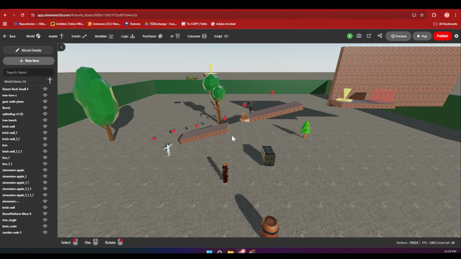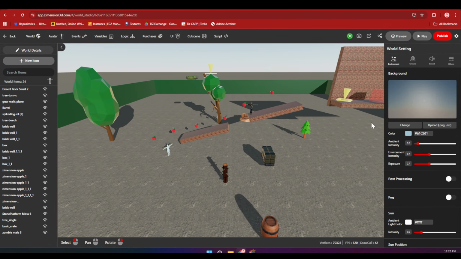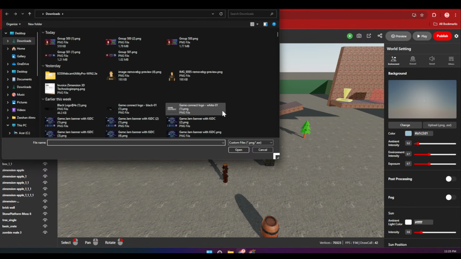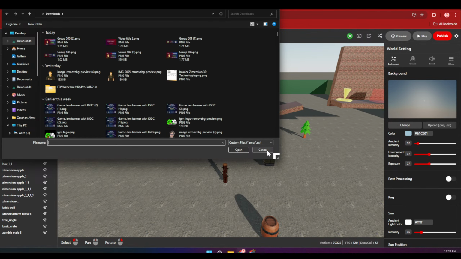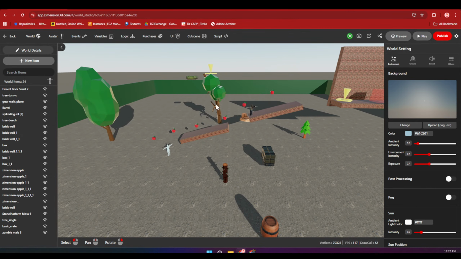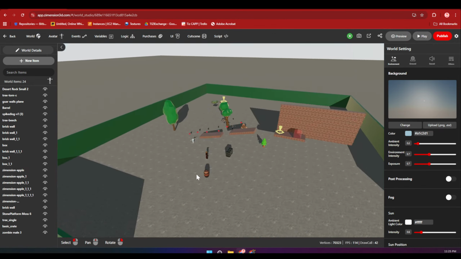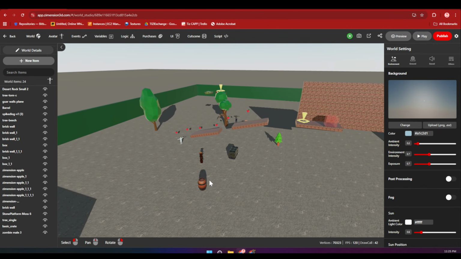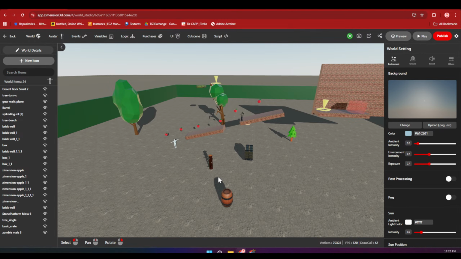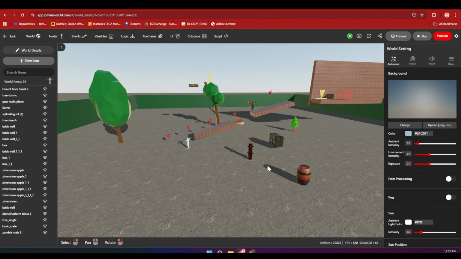Yeah, so let's say you want to add your own HDRI. I'll go to world and I'll show all the post processing and stuff. So this is the best option. If you have your own HDRI, click here and you can upload your own HDRI. Simple. You can even upload some image from your computer, which will act as a HDRI over here. So if somebody has some good HDRI, please share it on the group. I will put it here.